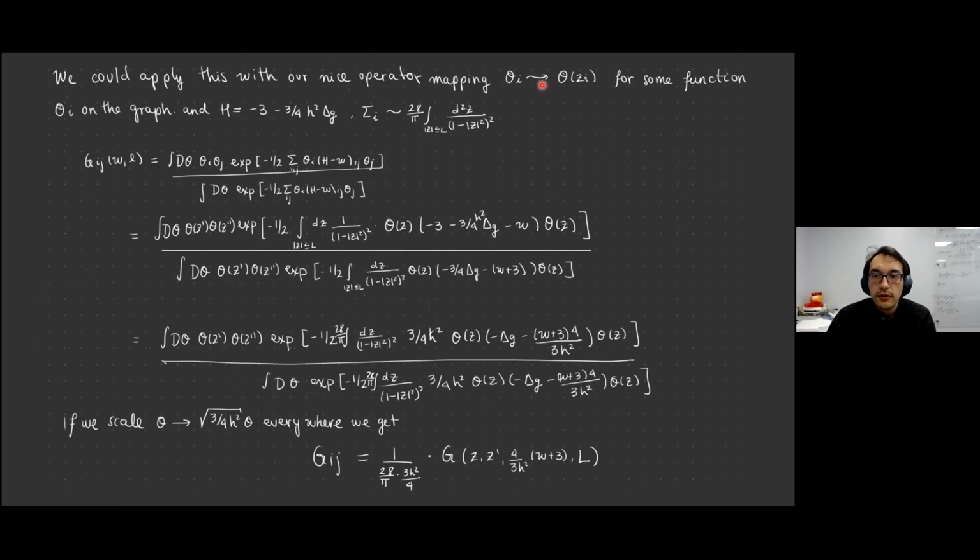And then we can use our mapping from functions on the graph to functions on the disk, and use our expression for sums in terms of integrals to relate the Green's function in the graph to the Green's function in the disk. If you follow this calculation, which is just a change of variables, you will find that they are related by this factor, which includes the distance between neighboring points, this H parameter. And the energy, noticeably, is also scaled by that H parameter, and is shifted as well.